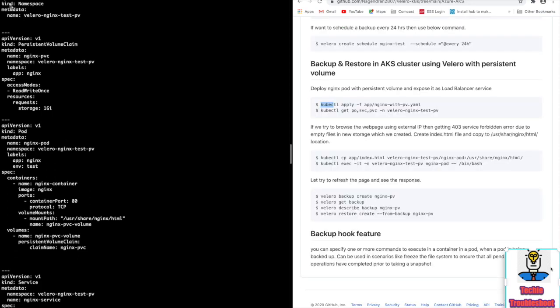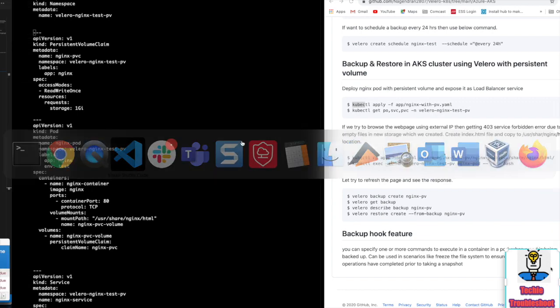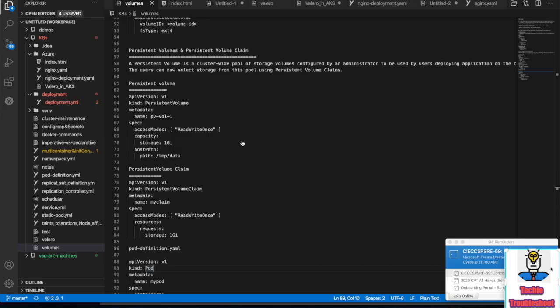So here, the first thing, I just create one new namespace for this testing and use a persistent volume claim. Like a persistent volume in Kubernetes, we have to specify the persistent volume first, and then we have to claim the volume. I will show you first the generic step for persistent volume and persistent volume claim in Kubernetes.